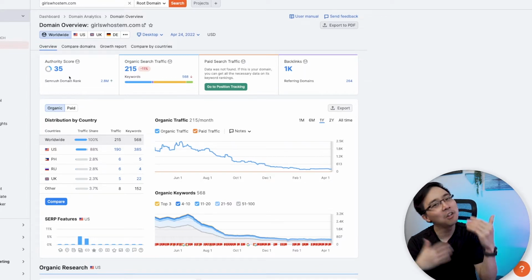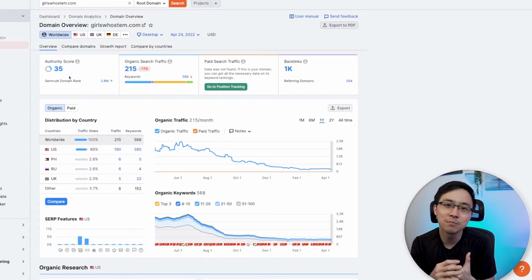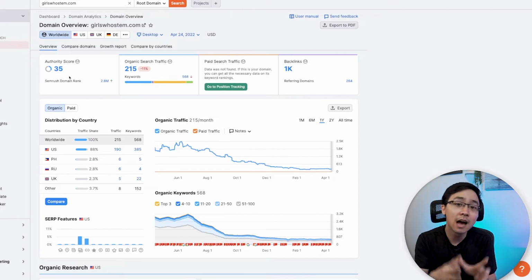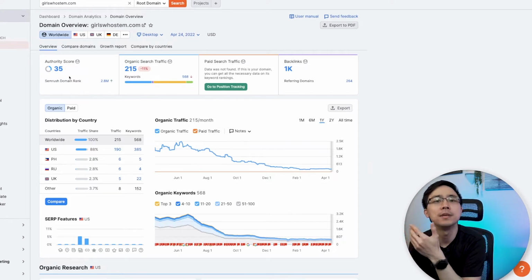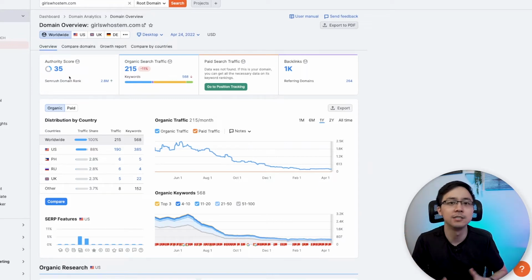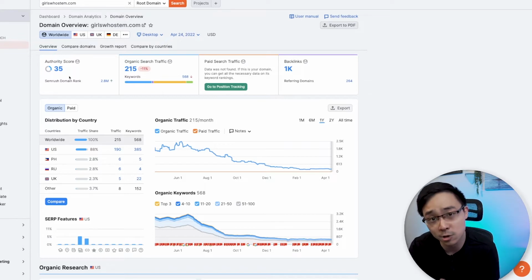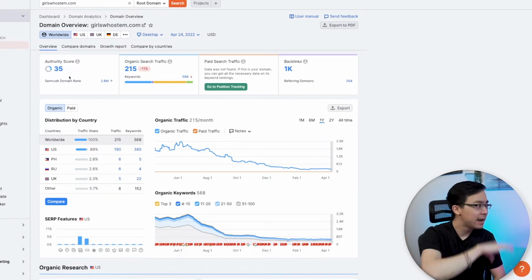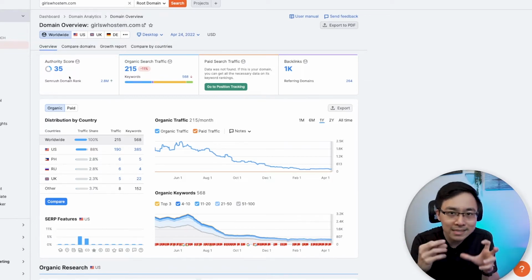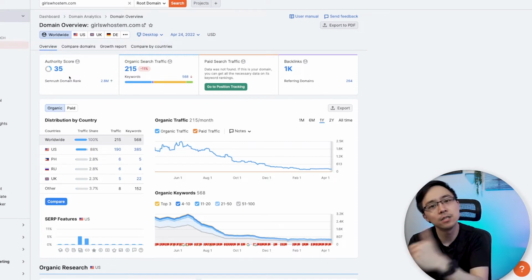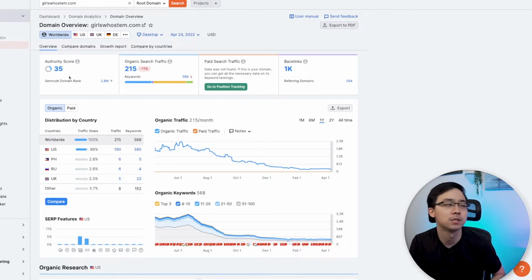And again, it's all about building backlinks, but it's also going to be a situation in which you're going to find it a lot easier to rank quicker because Google has already recognized you as an authoritative source in your respective niche. So depending on where you're at in your authority score, that's going to dictate the sort of SEO strategy that you take for your respective website.